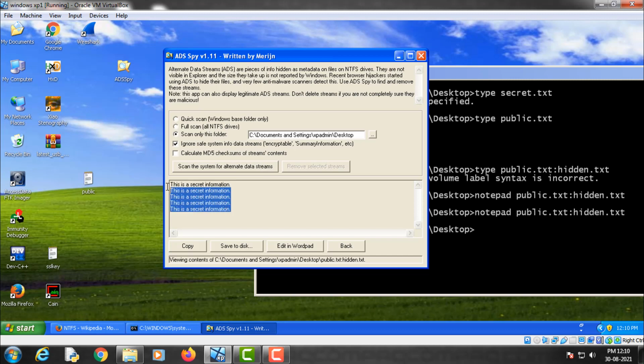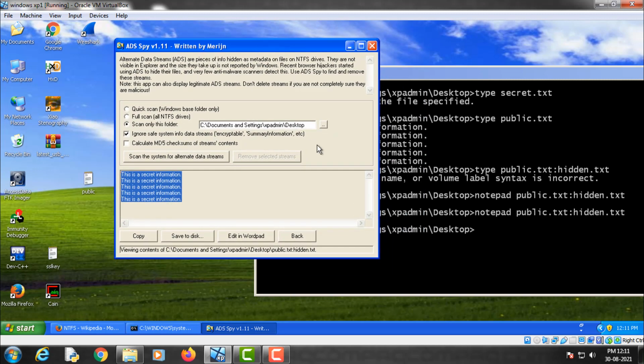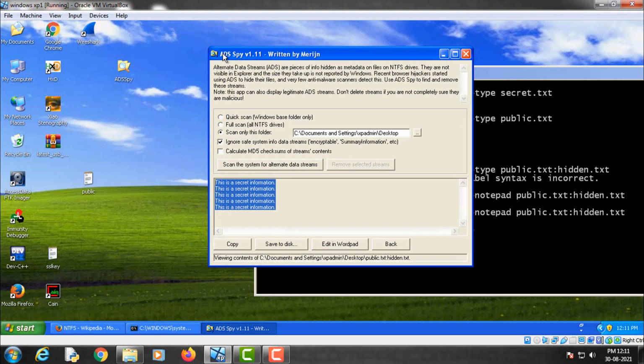So this is how you can see the contents of the hidden.txt file which is hidden in an alternative data stream. This tool is very useful to detect viruses and malware on your system. You can install this tool and scan your entire computer to look for viruses and malware hidden in alternative data streams.